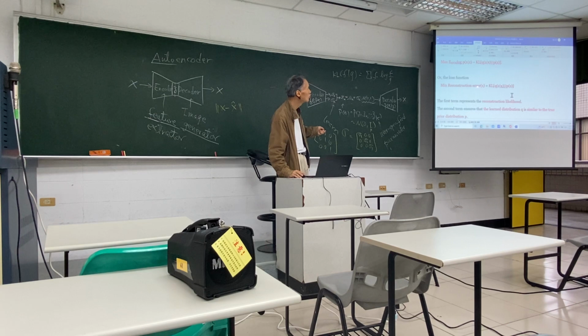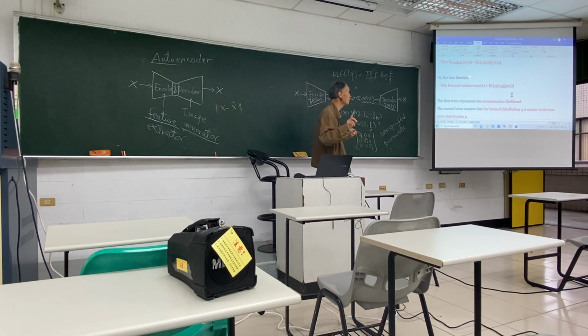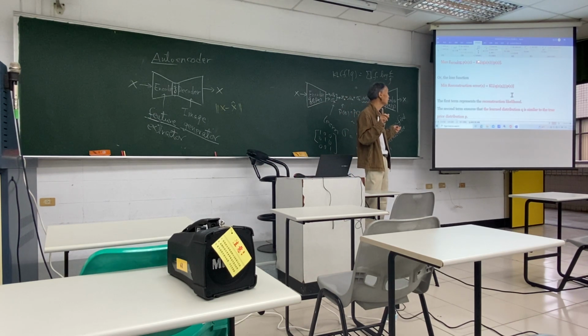You can go for mean square error, but the only term that differs compared to the AE is this right here. It means you try to minimize the KL divergence